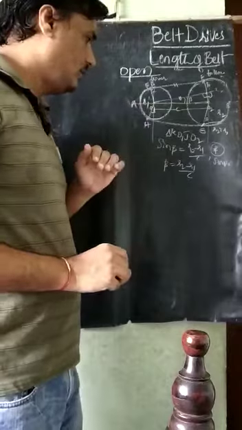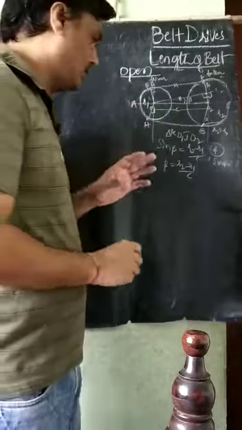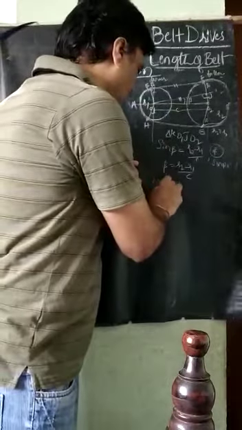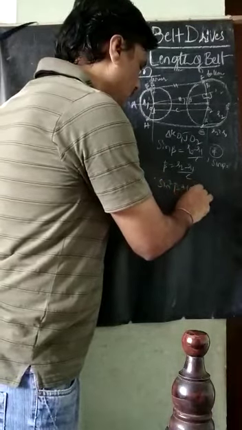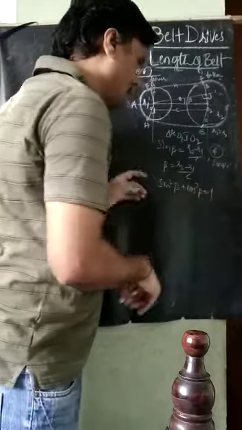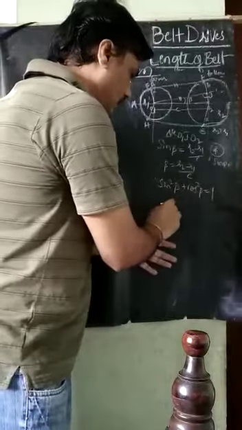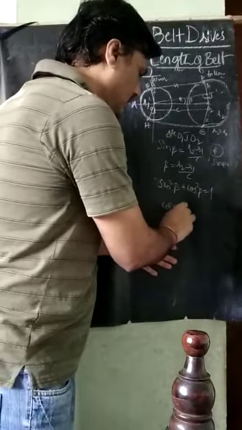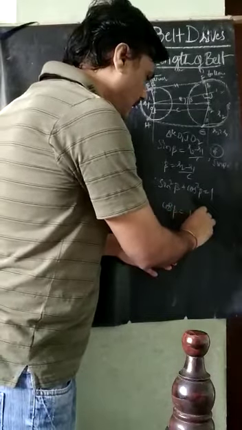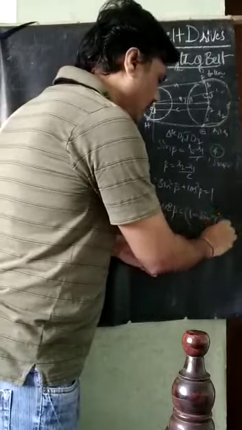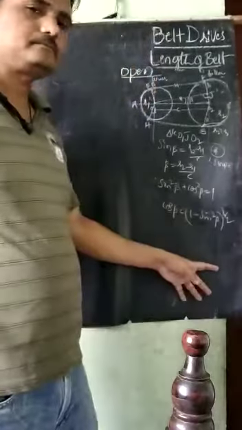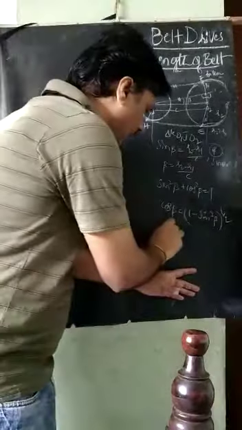So next, I will apply some trigonometry here. We know that in trigonometry, sin² beta plus cos² beta is equal to 1. So I will make it into cos beta. Cos beta is equal to (1 minus sin² beta) raised to half, the square root of this. So if I apply the binomial theorem